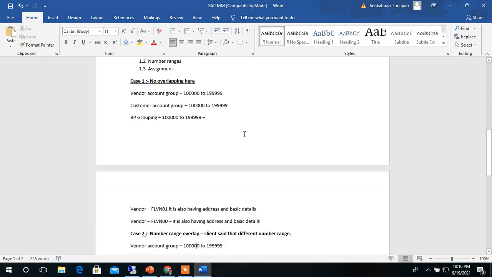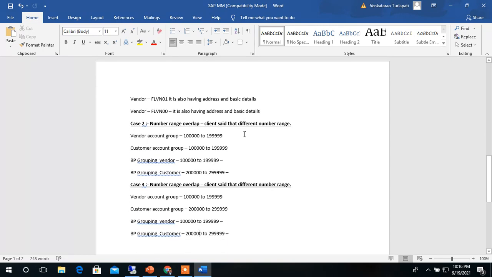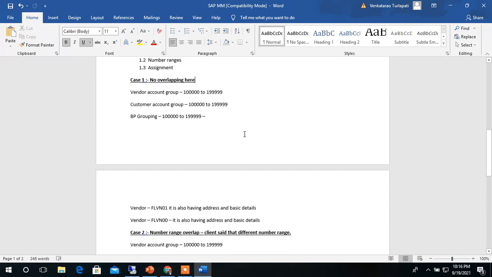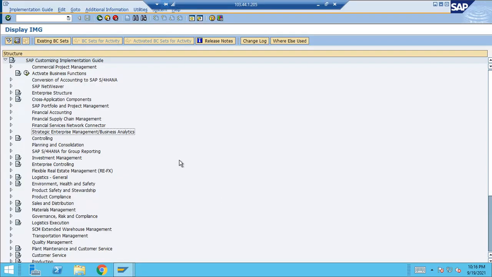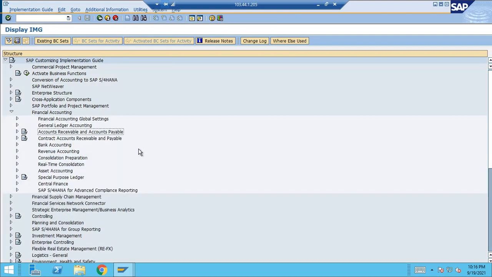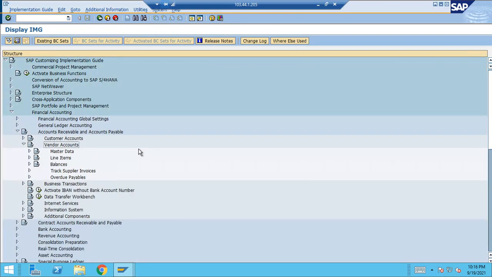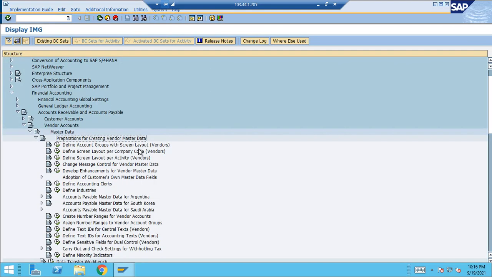Okay, now how to configure this? We'll take one example. Let's say we take case 1. This one we will configure. Basically, we have already seen the enterprise structure yesterday, and now we are going to configure vendor grouping, BP grouping. Just go to Financial Accounting, Accounts Receivable and Accounts Payable, Vendor Accounts, Master Data, Preparation for Creating